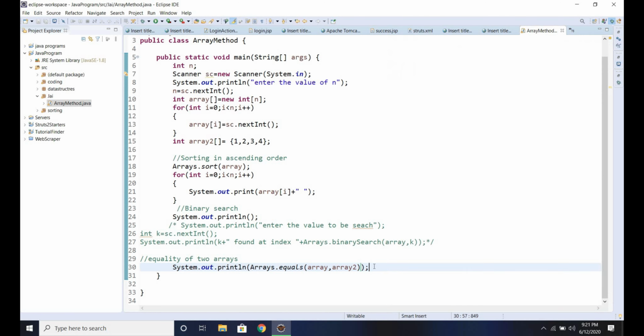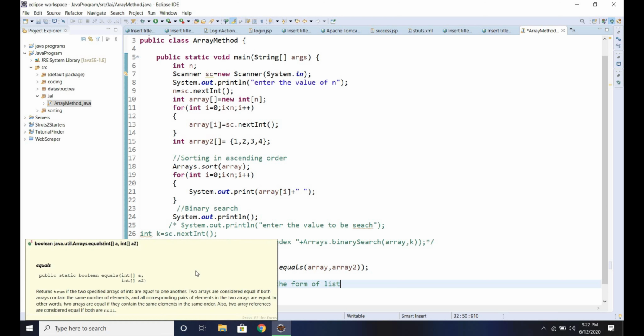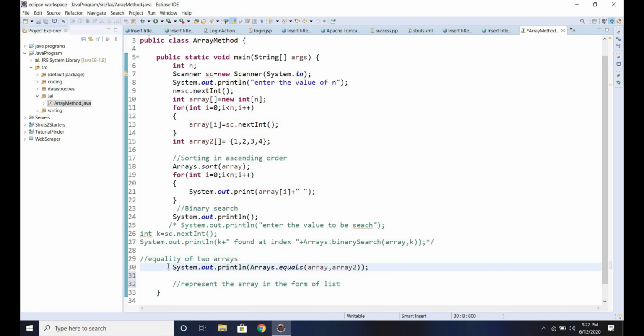So next we'll see how to represent the array in the form of a list. So first remove this.